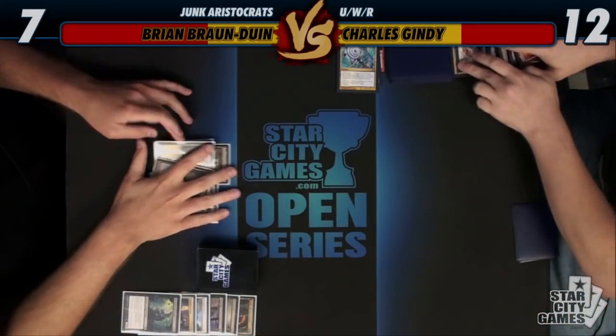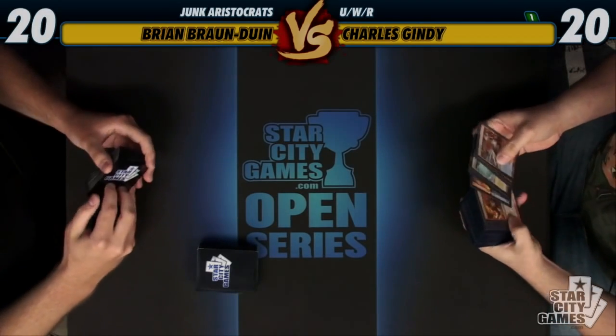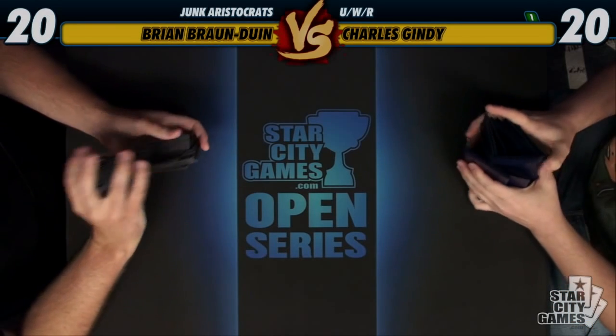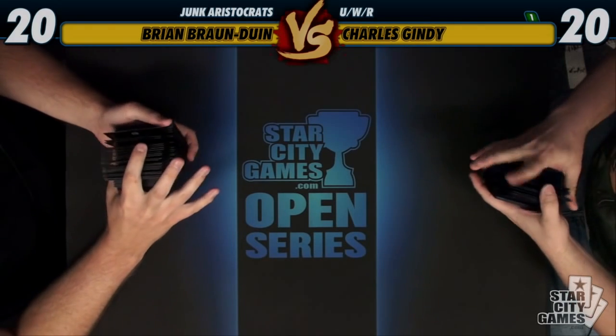Alright, so that was kind of a brutal game. We had a really good opening hand, but he had basically an even better one with the Pillar, Snap Pillar, and 2 Supreme Verdicts. Basically just the worst possible for us there, but we'll be back for the second game, also pre-board, and